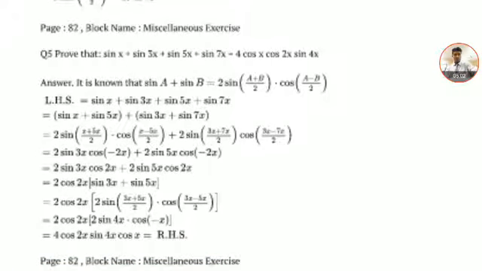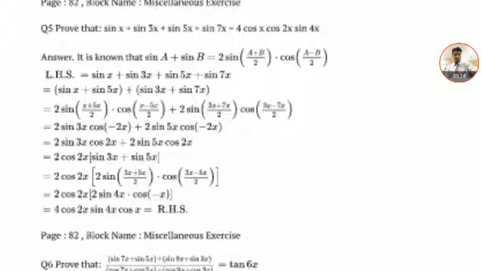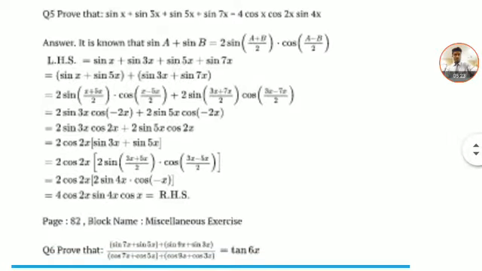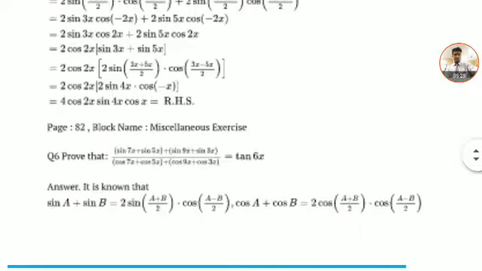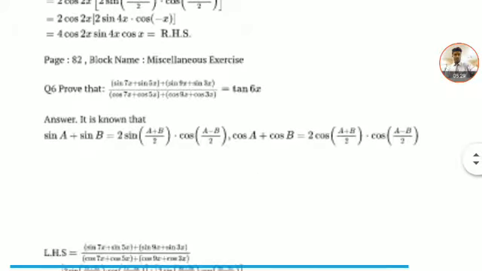Then you get 2 sin 3x cos x cos 2x plus 2 sin 5x cos 2x. Cos minus theta is cos theta, no? That is why they have not changed the sign. Now you take cos 2 theta common, see, 2 cos 2 theta common, then again apply C and D, you will get this. And eventually you will receive this RHS portion. Clear? It's very simple, only a matter of formulas. You keep 8 to 9 formulas in your mind and you are good to go with this exercise.